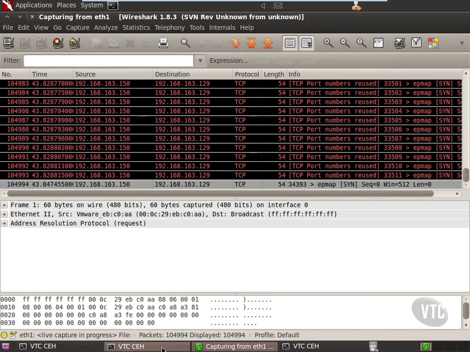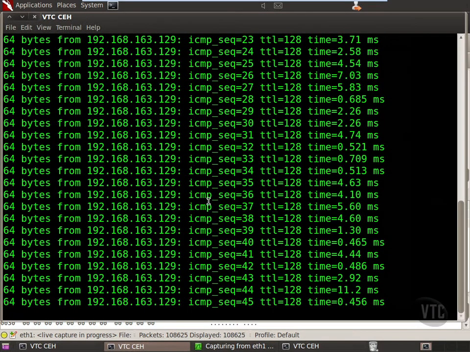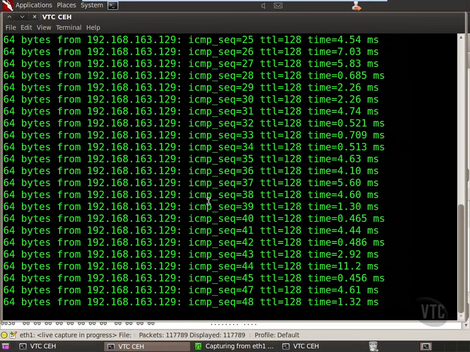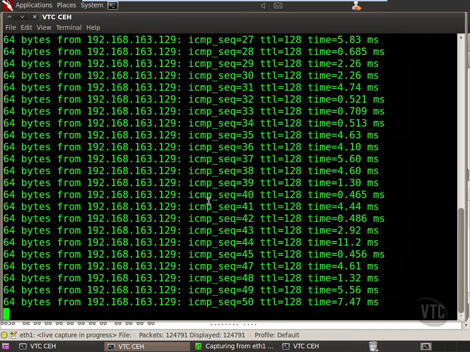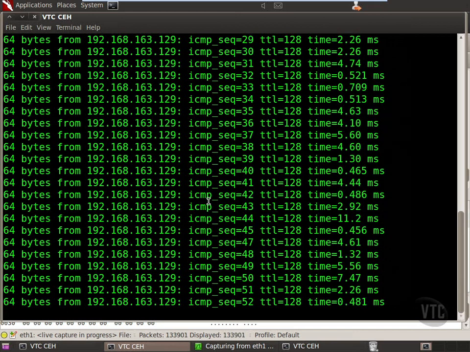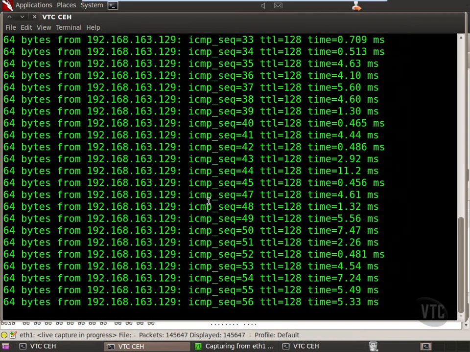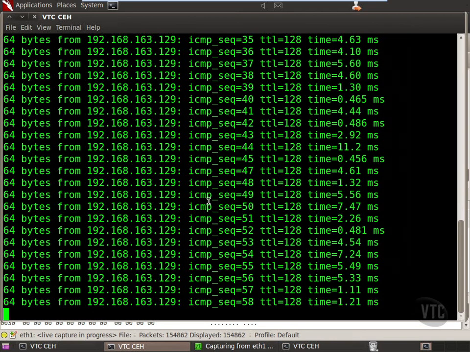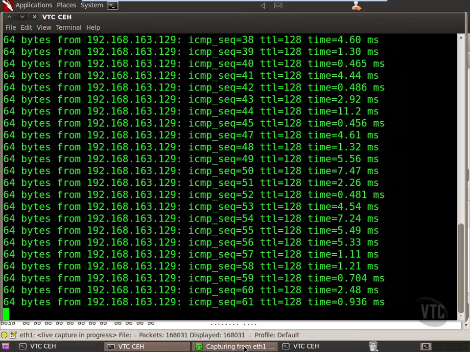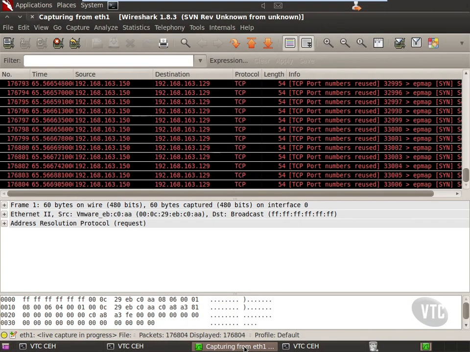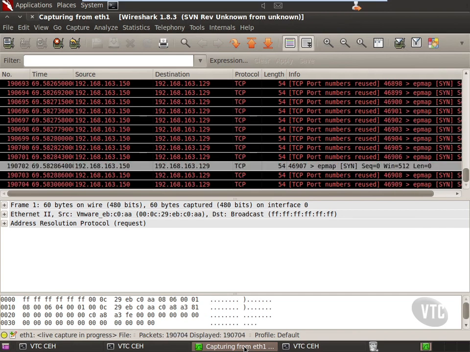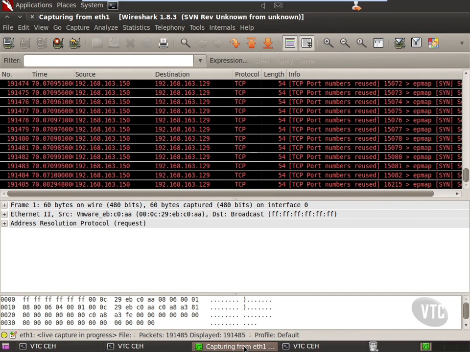Now let's switch over to the pings, and we're not really seeing the box go down, and we may not see it. It may be reacting very well to the SYN attack, but we may see delays in the response times because we're flooding the network. Let's go back to the capture here, and again, we're seeing just tons and tons of SYNs, and we're not getting anything back from it. So it's possible it's not able to respond to the SYN ACK the way it should.